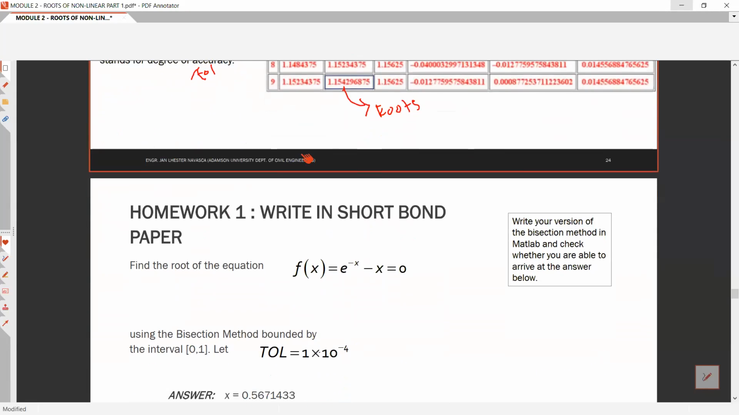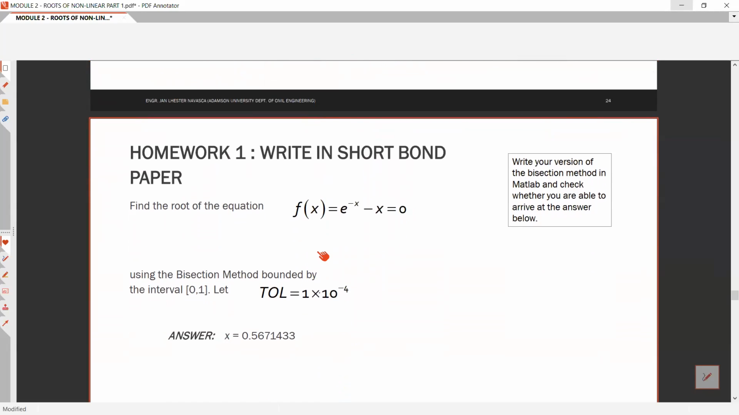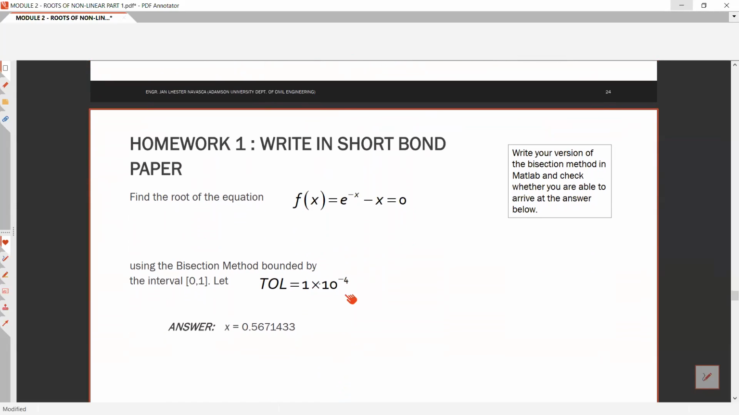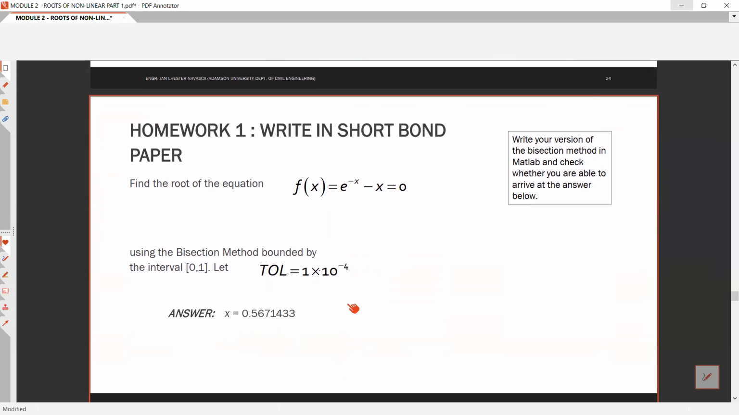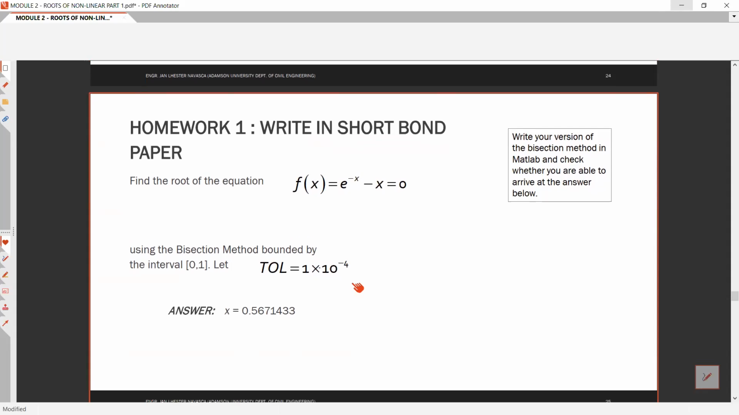So, for your homework, ito. Sige. Mas madali ito kapag ginawa nyo. I think ang iteration na ito hanggang 6 lang ata. Okay. Yung tolerance natin is 1 times 10 raised to negative 4. Okay? So ito,